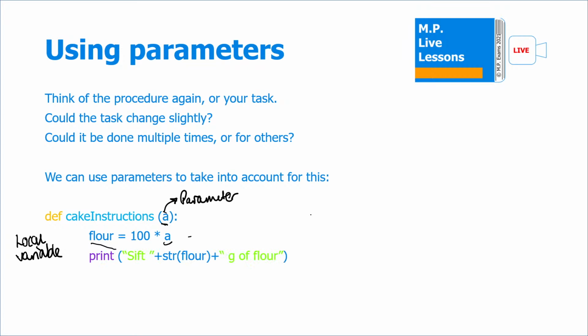Then we have another command just to print out, and we notice that we concatenate a string with flour. So how many grams of flour do we need? We need the string bit here because these pluses, these concatenations, only work with strings and other strings. So for example, if we call a subroutine again and say cake instructions, and then in the brackets we have 3,